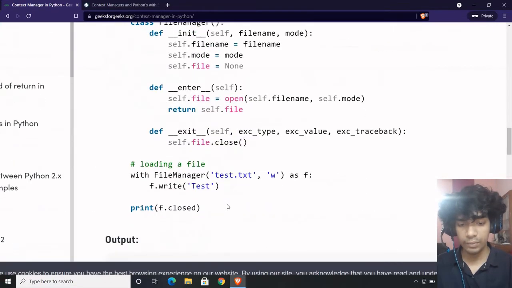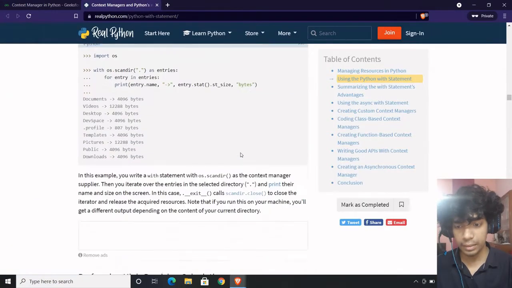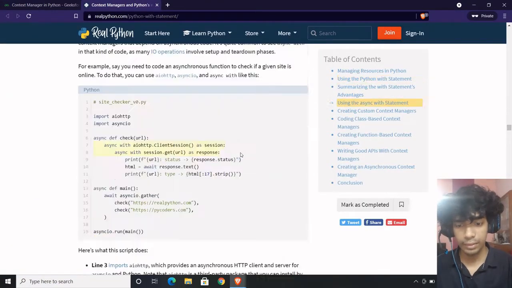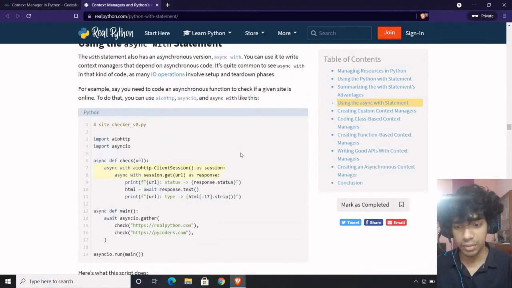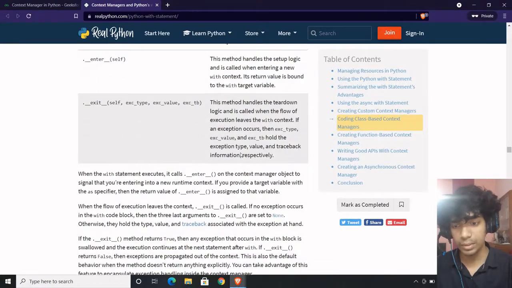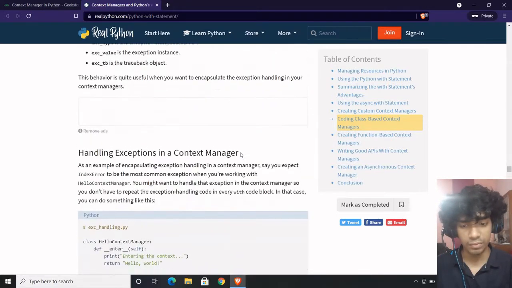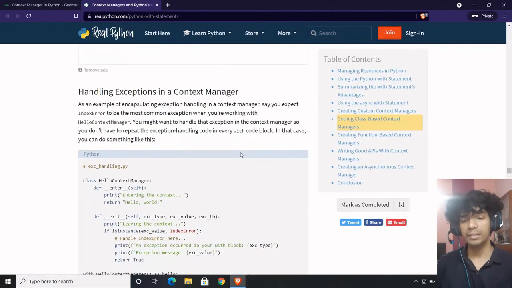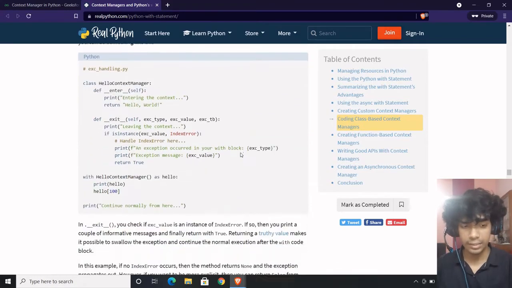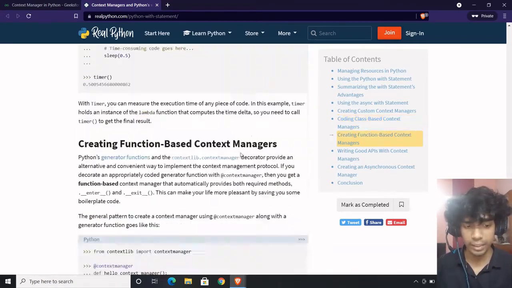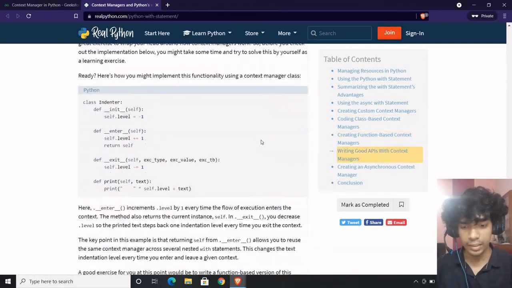Basically, what I would like to share and discuss, this particular article is huge, and we don't have ample amount of time. So this talks about async and those kinds of perspectives of how to deal with context managers in Python, async, synchronization, and those kinds of things. So we are not getting into those; that would take a lot of time.